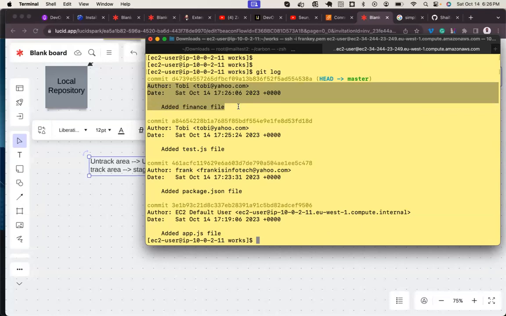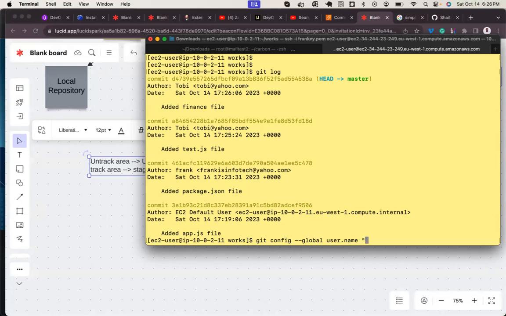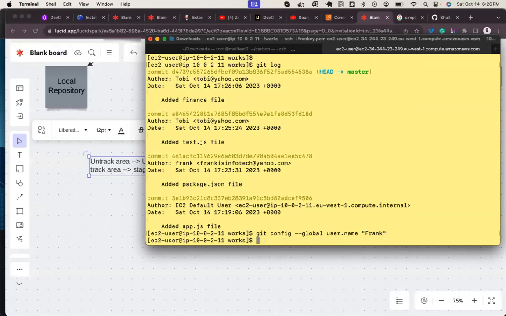So if you need to change the user, you have to do your configuration. Git config --global user.name is back to Frank. Enter. Git config --global user.email is Frankie's infotech at yahoo.com.